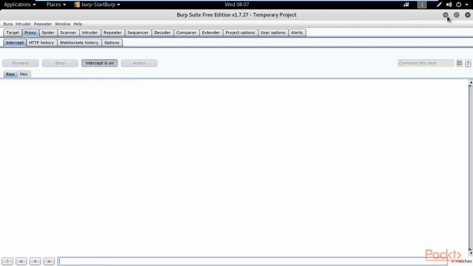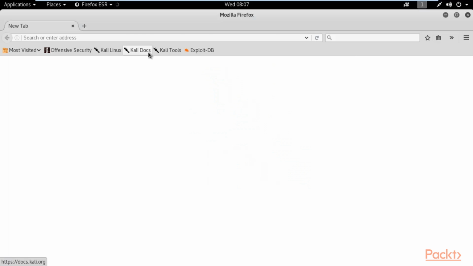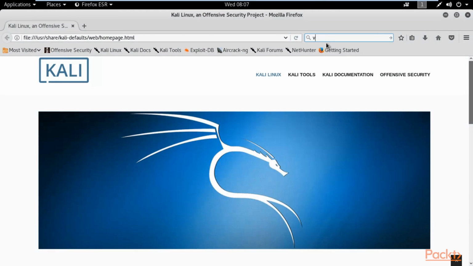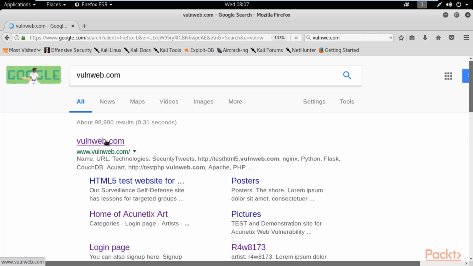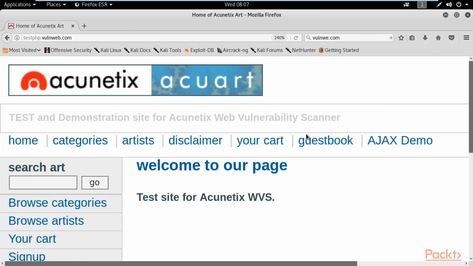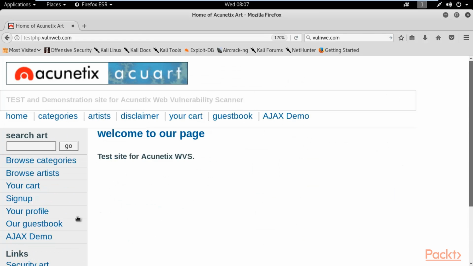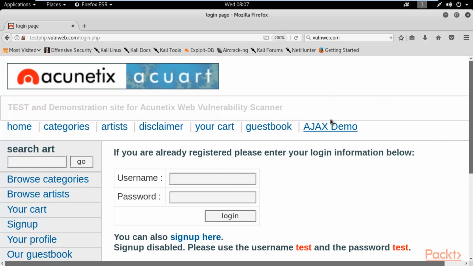All right, let me give you an example. For example, let me open a live website or a sample website, vulnerweb.com. This is a sample website. Okay, open the website, click on this. So this is the website, and click on sign up. I want to capture a request going from your browser to the web server, or I want to capture it in the middle. So I have Burp Suite. I want to capture your request.